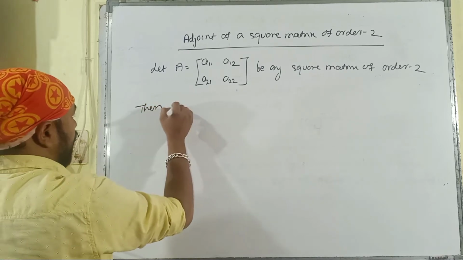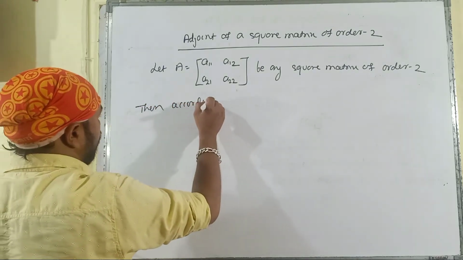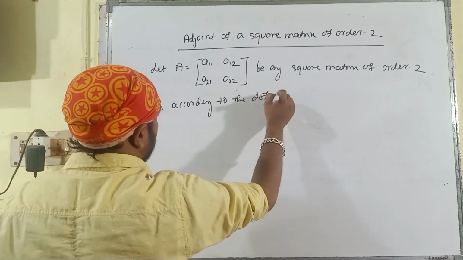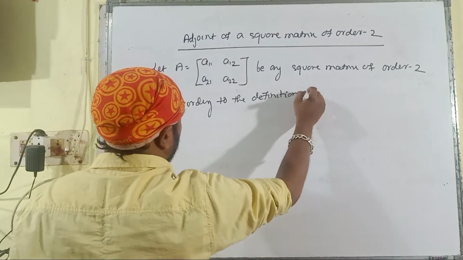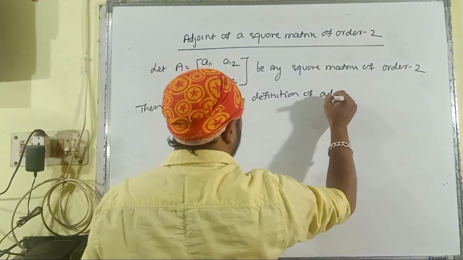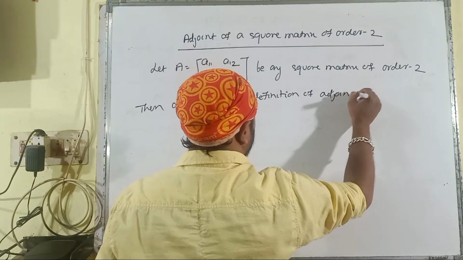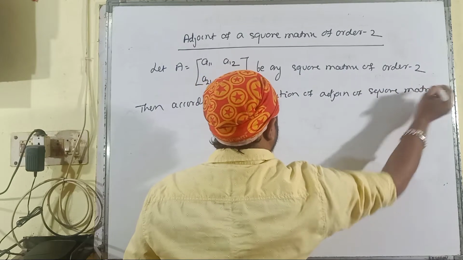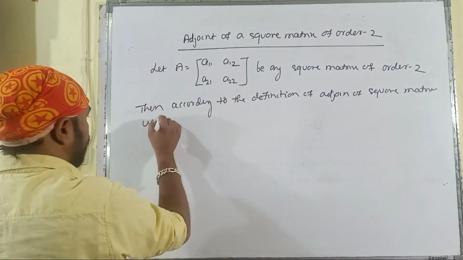Then according to the definition of adjoint of square matrix, we have